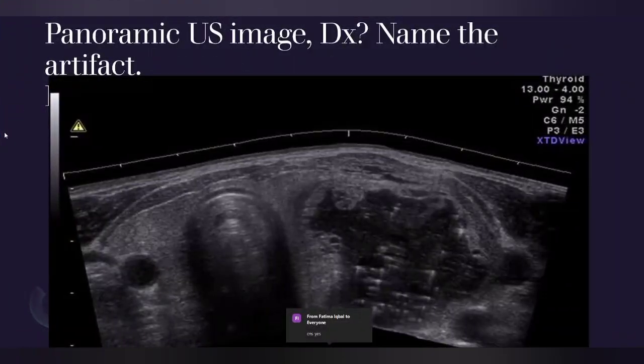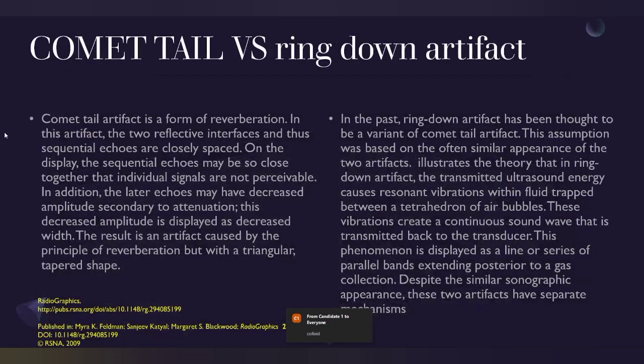That's another case. That's a panoramic ultrasound, and you can see a cystic lesion within it, and you can see some echogenic foci floating within it, and they have some artifacts, which is the main purpose of the discussion in this case. So if somebody sent you to biopsy this one, you should not biopsy this one. This is a typical colloid cyst, and the reason is that it has the artifact, which is basically the comet